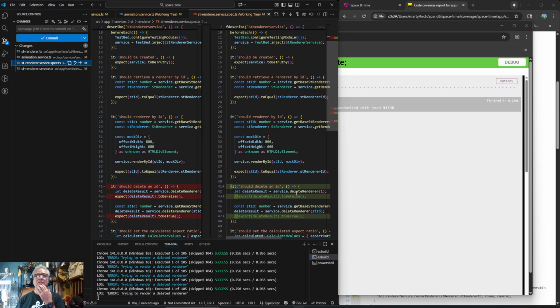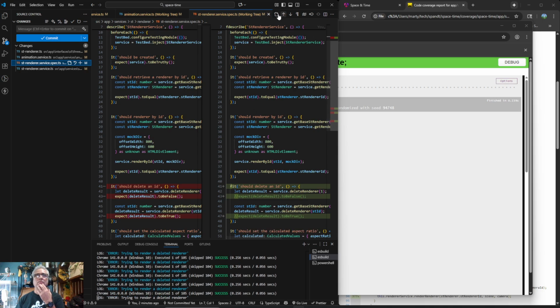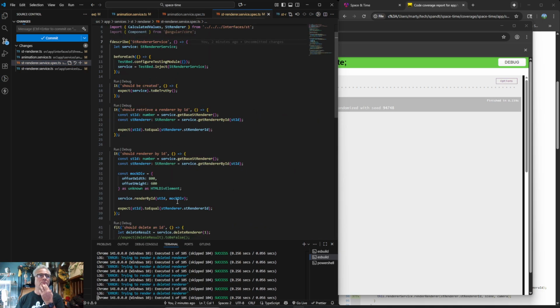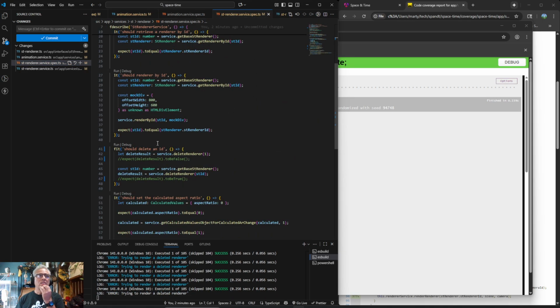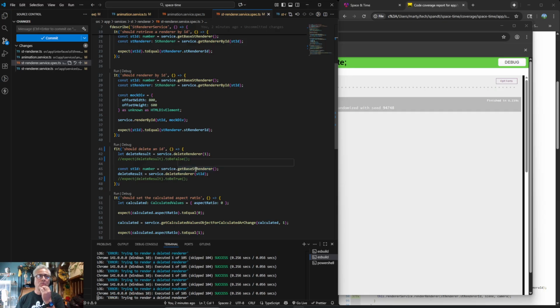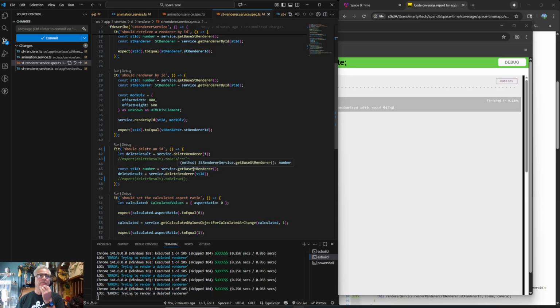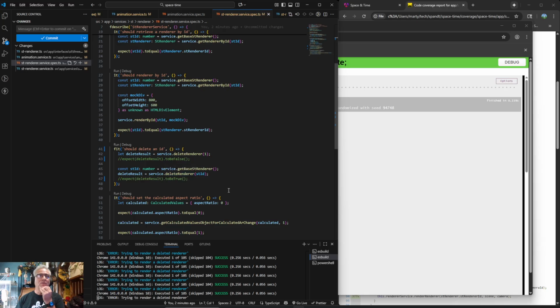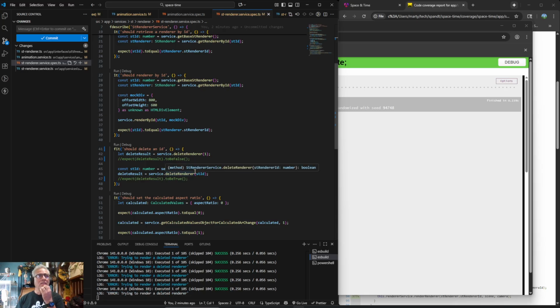So basically all we do is, this is the only one running. Basically all we do is call service delete renderer one. We say service get base renderer and then we delete. So base, I'm guessing something in